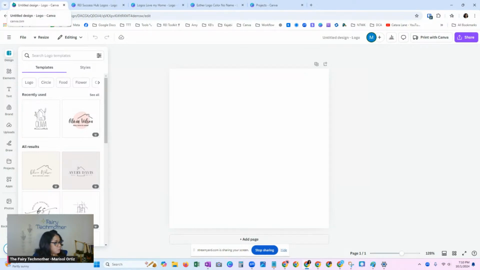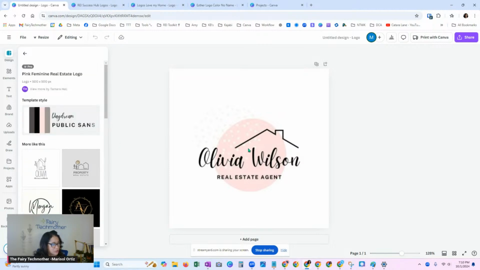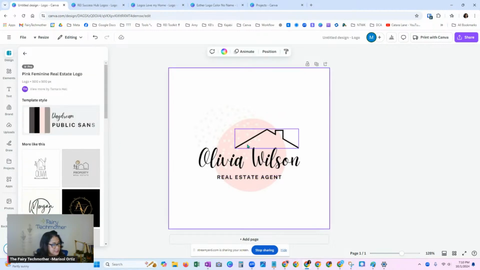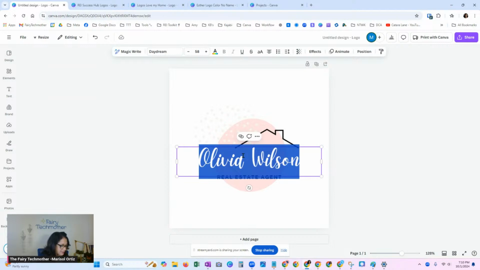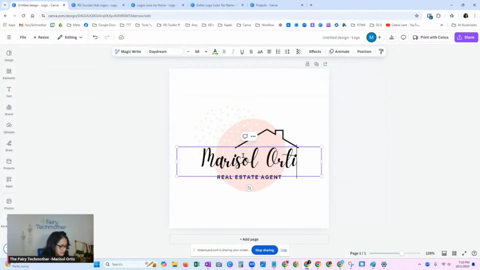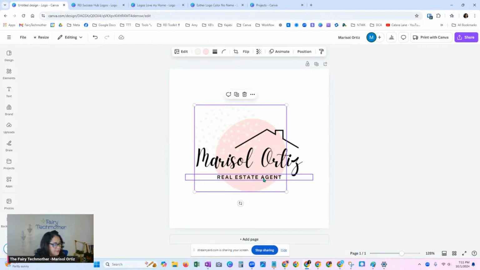So most of us, when we learn Canva or try Canva, we're going to say, oh, here are logos right here. This is perfect. It kind of knows my history, so it's bringing up real estate logo templates. But I wanted to show you that. Let me just click on a basic one. You're going to say, oh, I like this. So a lot of people, which is good enough, you choose this, you type your name in there, and then you can leave real estate agent, real estate investor.